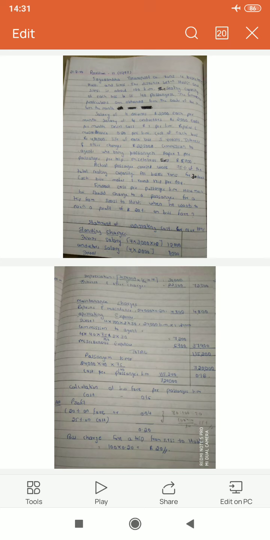Hope you have minutely understood each and every aspect. But one clue I shall give: it is wrongly printed. So far as commission to agent is concerned, under the head commission to agent, 4 buses into 40 kilometers is written, but it is not 40 kilometers, instead it is 40 passengers. 40 passengers into occupancy 75% into 2 trips, in the sense 1 round trip implying 2 trips, and further the bus plies for 30 days during the month.